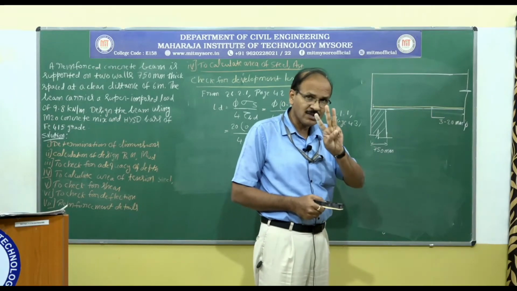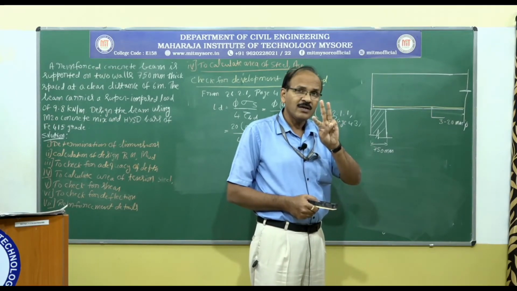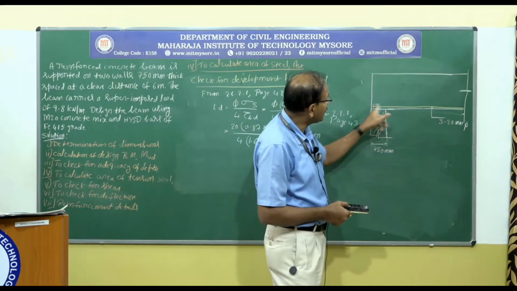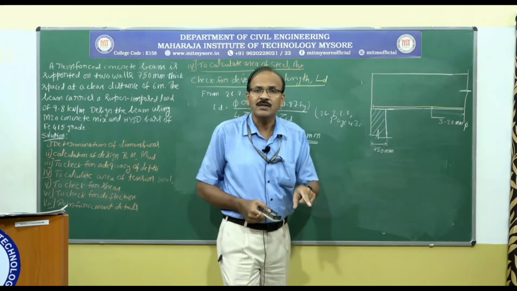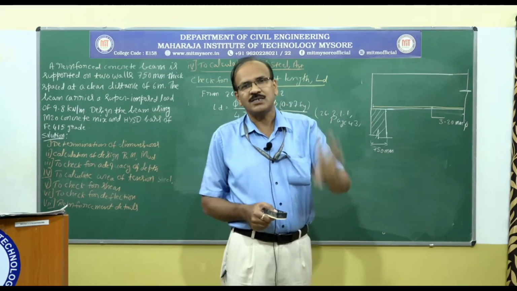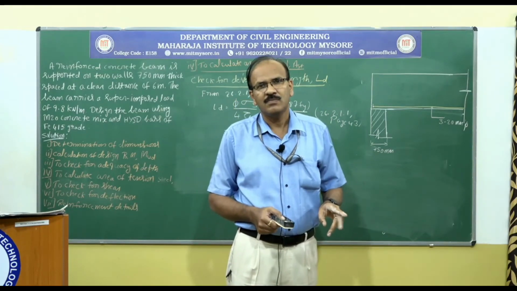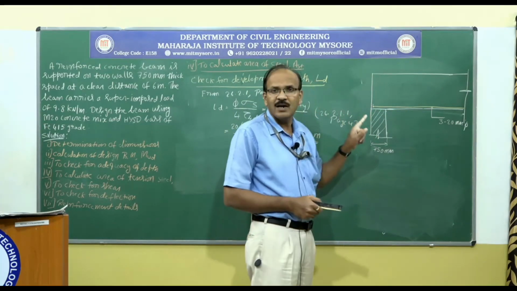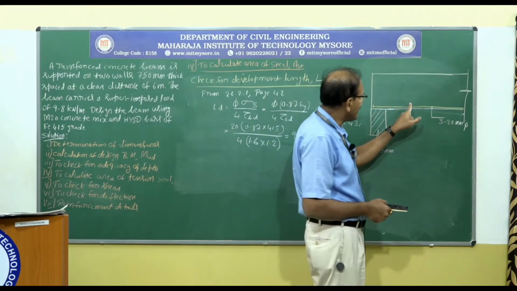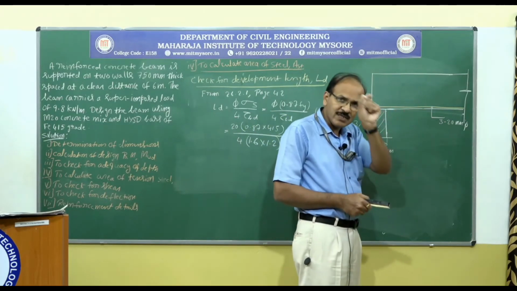So we have 3 bars, okay. So as per the code we can only continue 1 and cut 2 bars. But practically speaking, we need at least 2 bars. Okay. So those 2 bars should be continued here, and if you need, you can cut one of the 3 bars which is in the middle